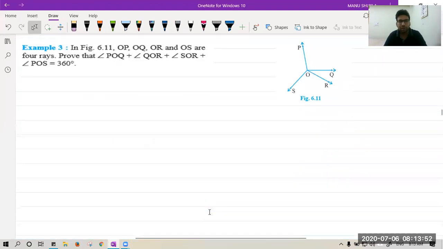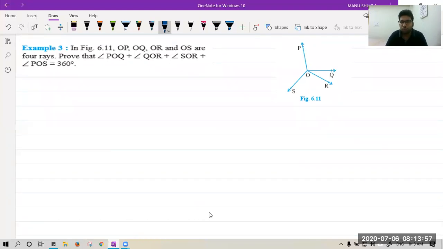Next example, we have OP, OQ, OR. So you can see OP, OQ, OR, and OS are 4 rays. Prove that angle POQ. So we have to prove, nothing is given in this question to us. We have to prove angle POQ plus angle QOR plus angle SOR plus angle POS is equal to 360 degree. Now, we all know,